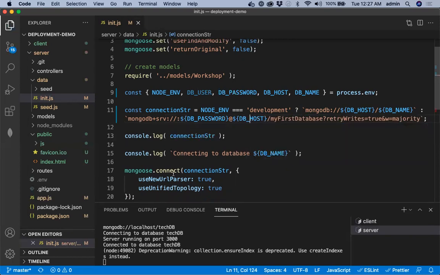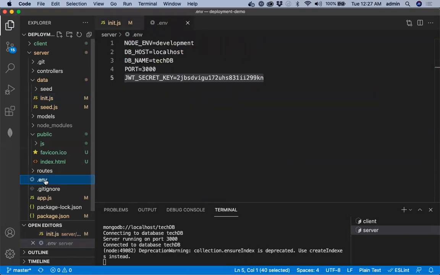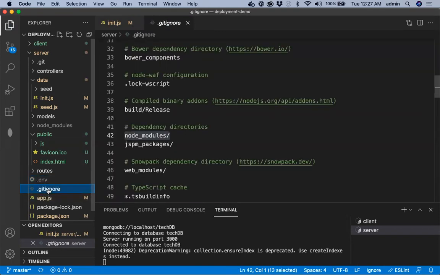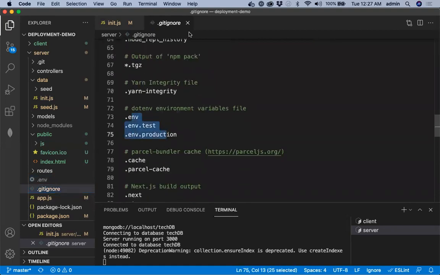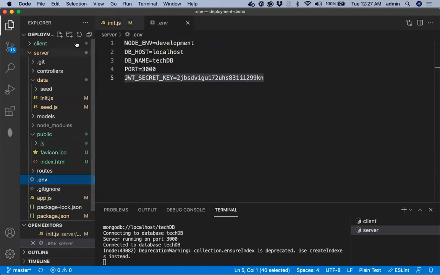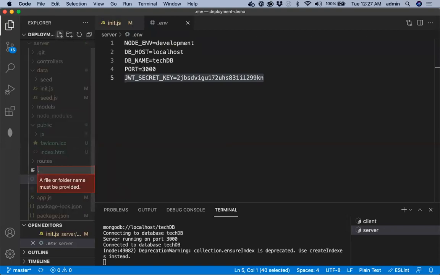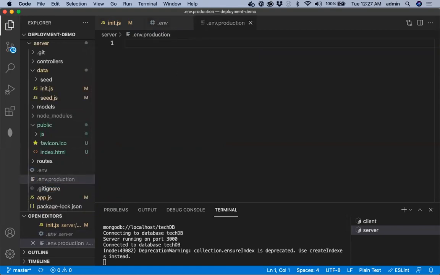If you want to, you can also create .env.production here, although you should not push these .env files to GitHub, because they may be exposing environment variables in restricted environments like production. So it's not a good idea to push these. They are generally git ignored. You can see that .gitignore includes .env files. If you just want to remember it, you can create a .env.production, but never push it to GitHub because it may expose secret environment variables.